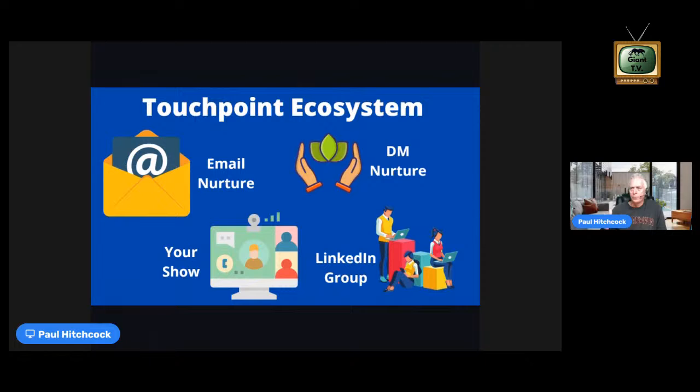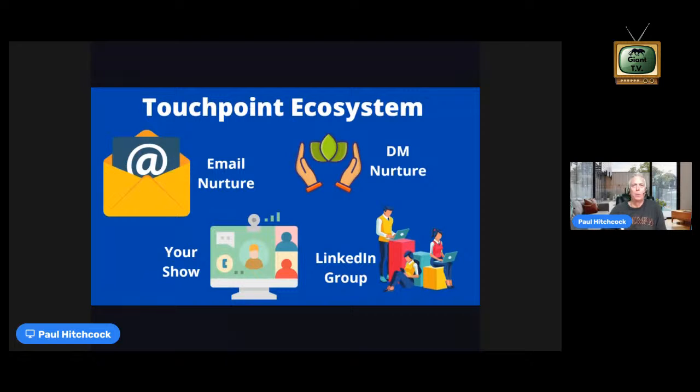90% of the people that come into your funnel awareness, they know what you do. You talk to them. They're not going to be clients right away. You're not going to close them right away. That's true for the best marketing people on the planet. So you've got to nurture them. How do you nurture? You can't call them back 90 days later and pitch them again, or just pitch them over and over and over.